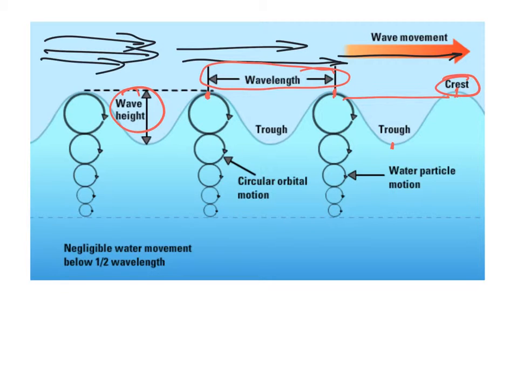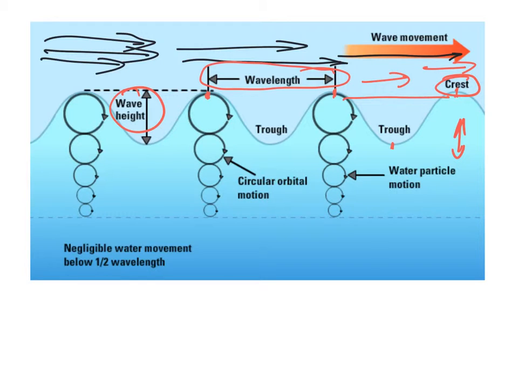Okay, so that's what we're looking at for properties. You kind of want to know the wavelength, the crest, the trough, and the wave height. If we notice on the surface, because we're moving these particles, notice we have these circular orbital motions. We're seeing this water particle is going to travel in these circular paths. Notice the water doesn't move. What we're seeing is the water moving in an up and down manner rather than continuously moving in one direction. And I know that's contrary to what we said a little bit earlier in things like upwelling, where we're moving the entire water. But here we're just talking about how that wave can be propagated and how it continues and